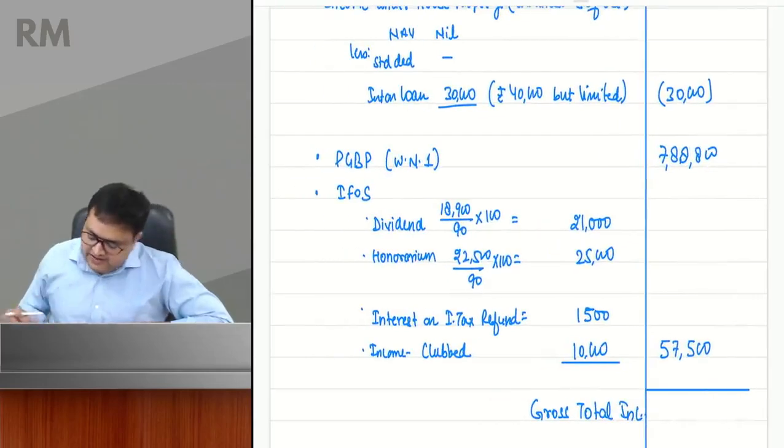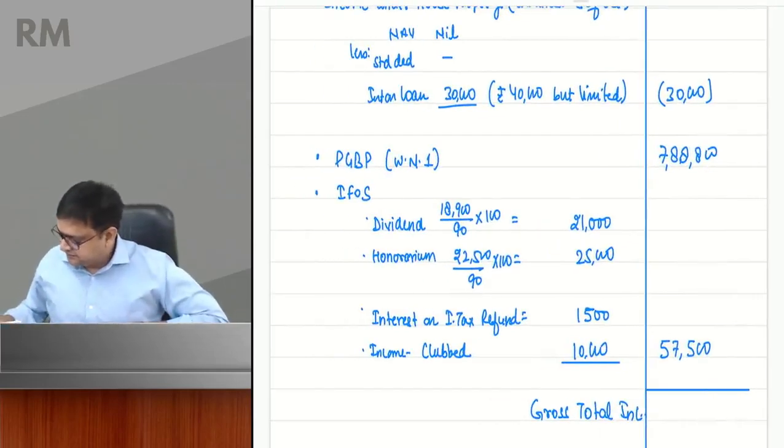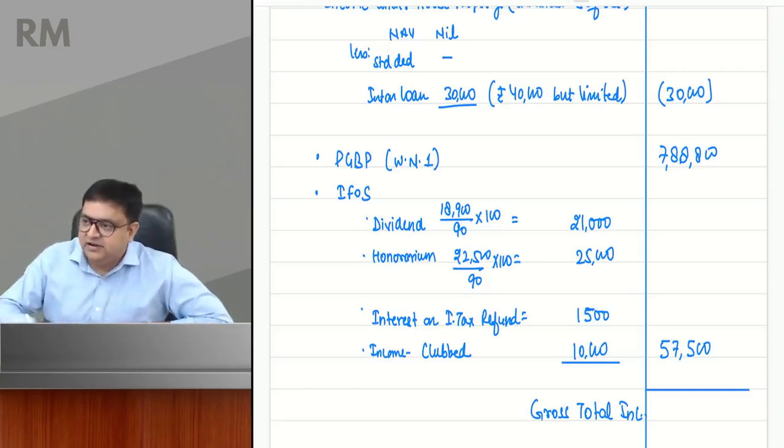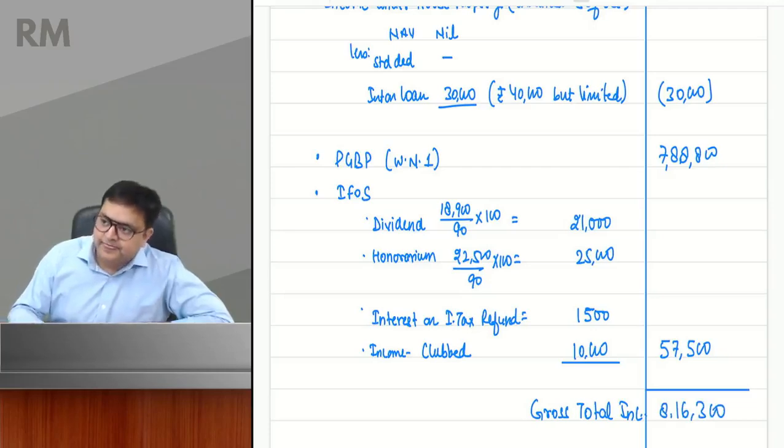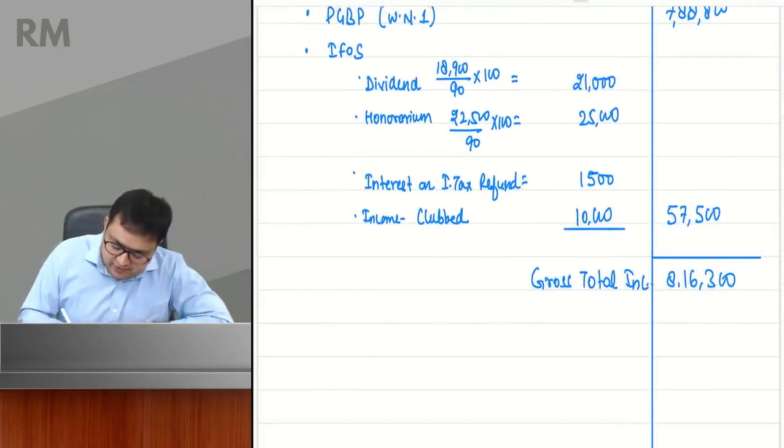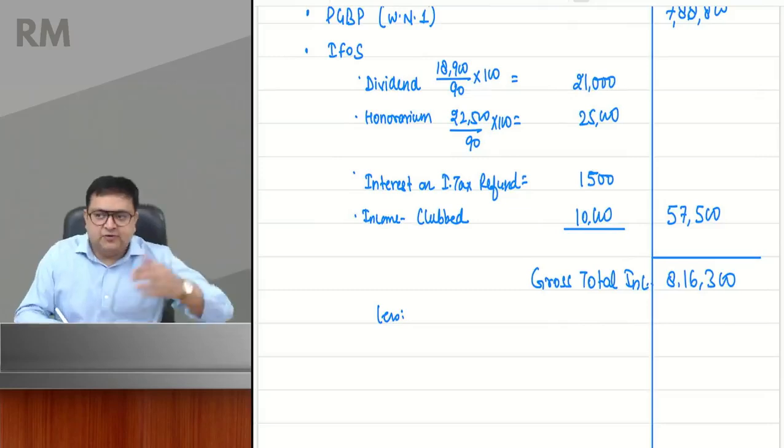So now my GTI will come as 8,16,300. Correct, Raju sir, Kishore, Darshni. Correct, Aditya. 8,16,300. Now, since this person is following the optional regime,